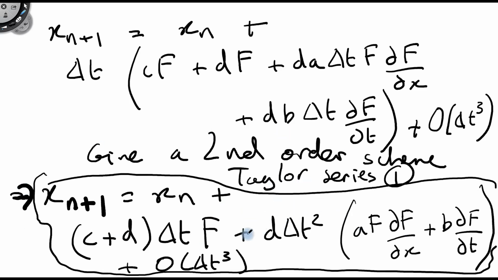We do this Taylor series, and because it's up to delta t cubed, we can clarify that actually what this method is going to give us is a second order scheme. So it suffices to say, if you want to derive an even higher order Runge-Kutta, you do an even higher Taylor series, and the algebra gets more involved. The algebra turns out to be very, very involved actually for, say, fourth order, and we don't do it in this module. We just give you the result. There are papers out there where they actually go through each of the steps, but really the principles are exactly the same. Okay, so that's Taylor series 1, and Taylor series 2